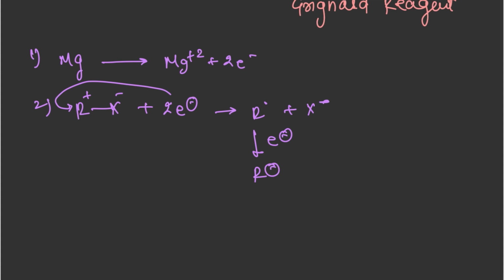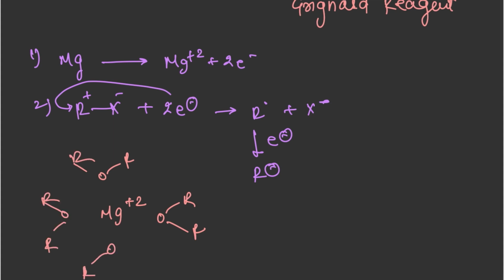Now when R carbocation takes 2 electrons step by step, first it takes 1 electron, then R free radical, then 1 electron, then R minus. Now R minus, we have here Mg plus 2, and we have dry ether. Dry ether forms a complex with magnesium like this. It forms a complex like this plus R minus. This is a complex